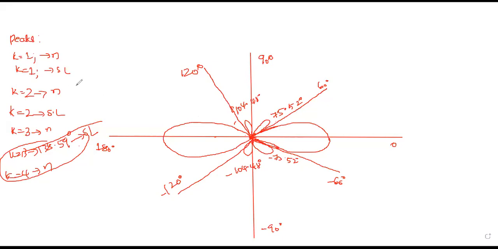So what you can see here is the conclusion after seeing both the problems. As your number of sources, which means your n, increases, the number of side lobes increases. Now we have taken n is equal to 4. If you take n is equal to 5, the number of side lobes will increase. So based on the number of sources, your number of side lobes will increase. If you increase the n value, it will obviously increase your side lobe values.